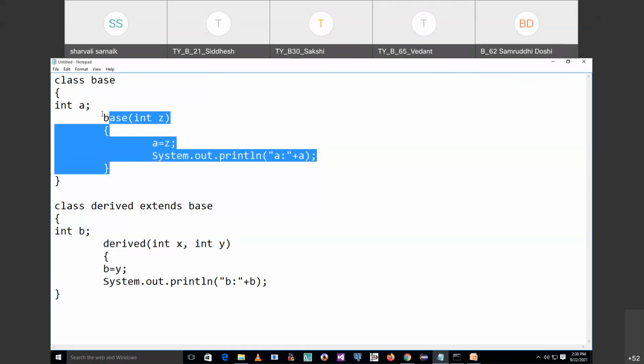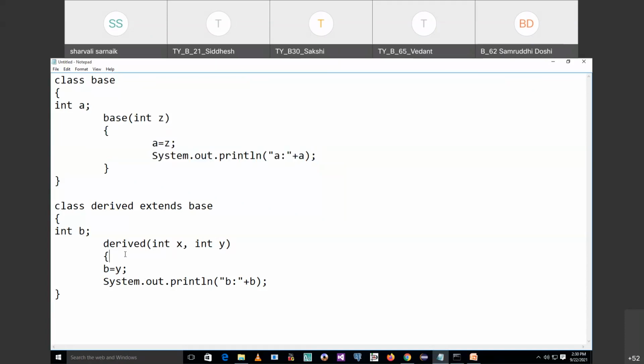Now suppose I want this base class method to come into the derived class. Then we have a keyword called super. Now what does this super keyword do?